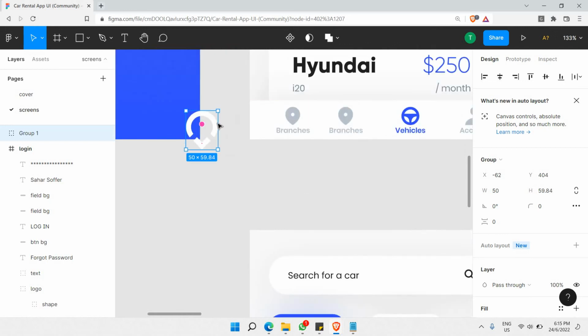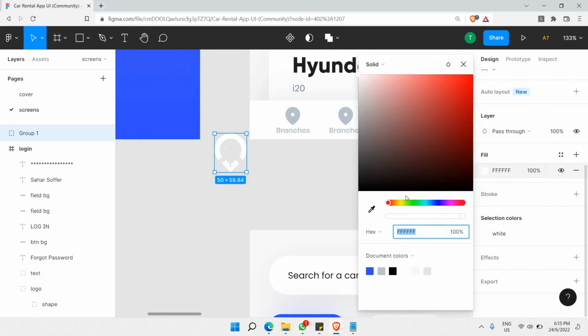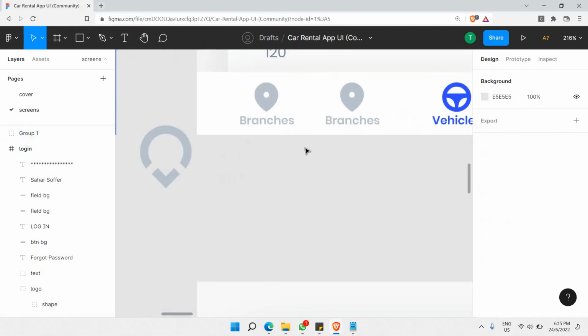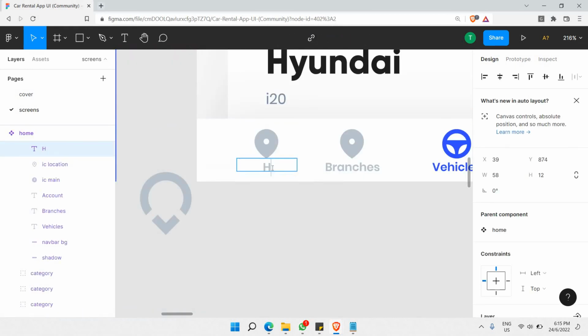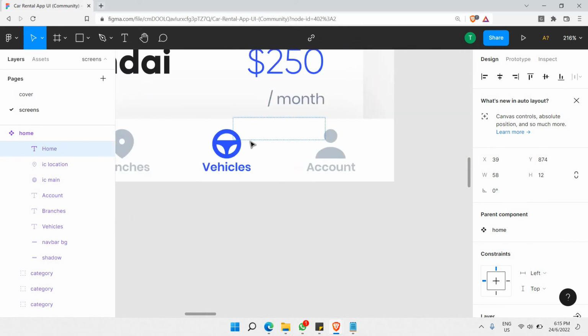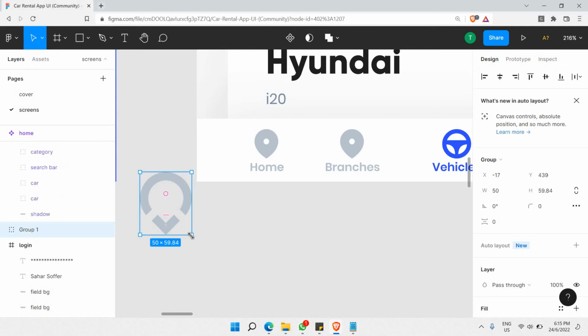I would like to change the color by going to the selection colors, or fill will be better, and select this particular color. Now I'm going to say home. Home's not taken, okay. Let's take this particular logo here, copy,